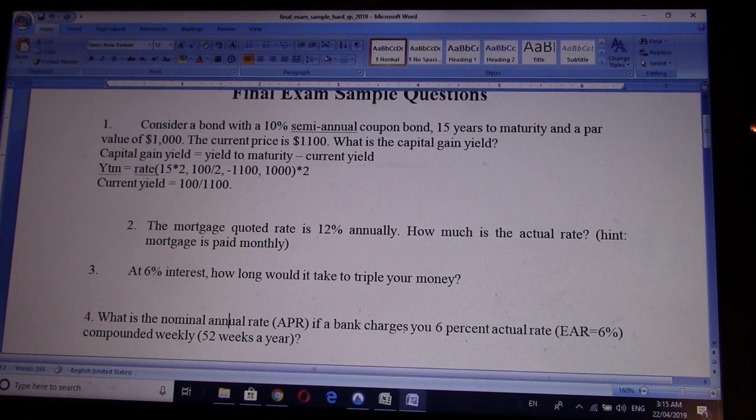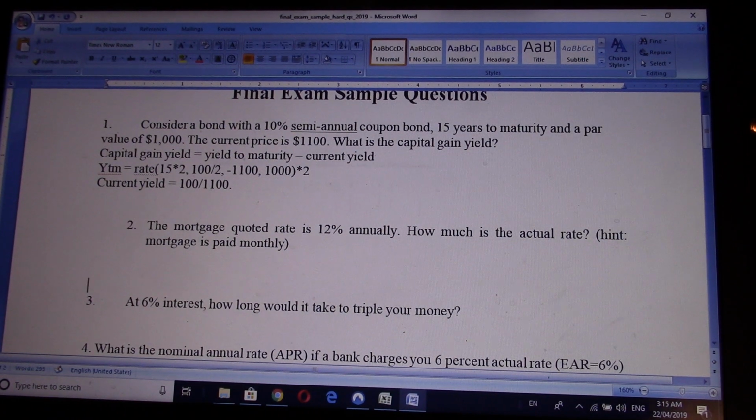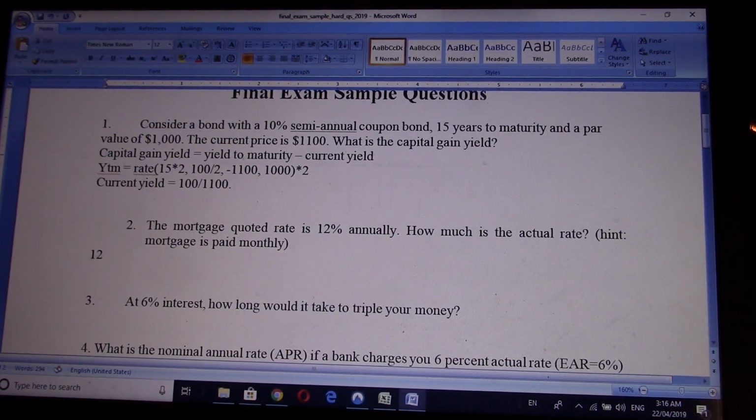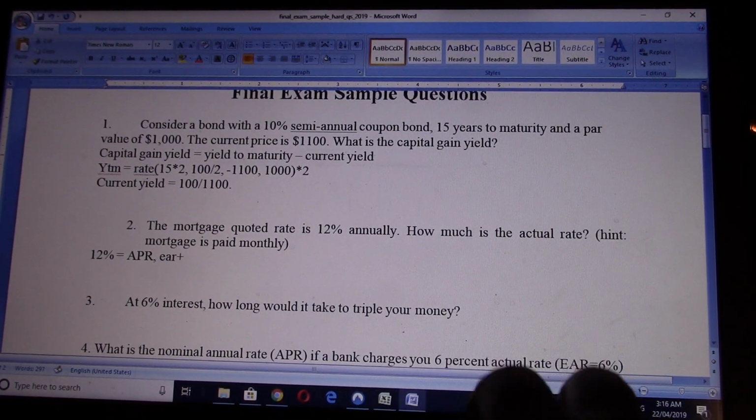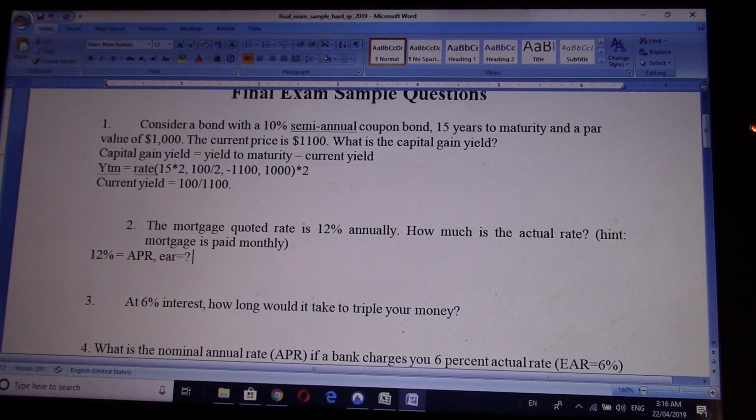And the second question. The second question is that the mortgage quoted rate is 12% annually. How much is the actual rate? So we've done some exercises in the past which are very similar to this one. I just want to remind you, the 12% is APR, and the question is asking how much the EAR is. You can use the calculator